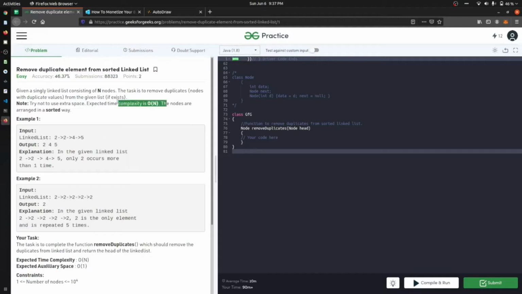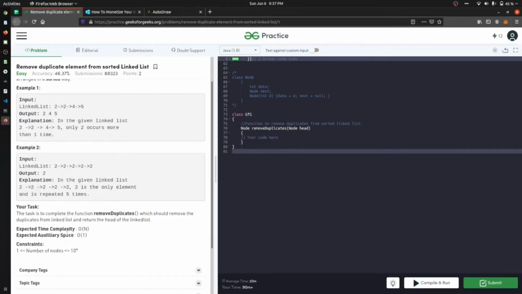Okay, so you will be given a linked list and there will be duplicate elements. Being duplicates, there will be a repeated or consecutive number that will be repeated, and you have to just remove that. Like you can see that there are 2 2 4 5, so you have to just remove the extra 2 in order to remove all the duplicate elements. In this example you can see that 2 is repeated.